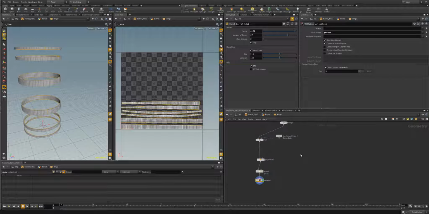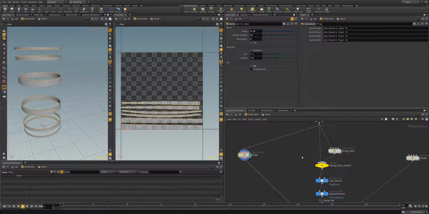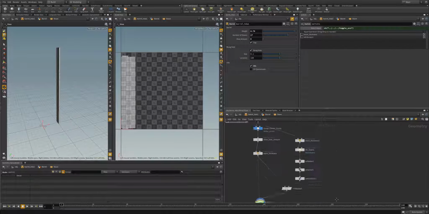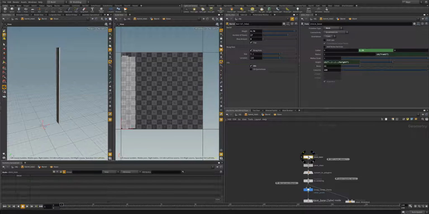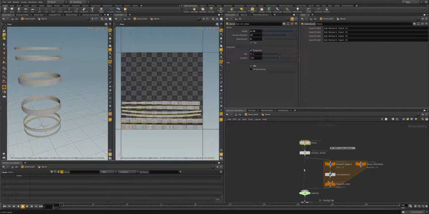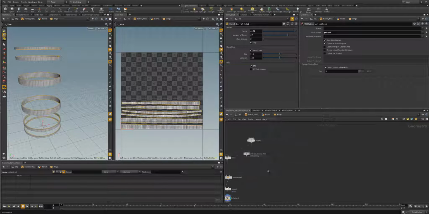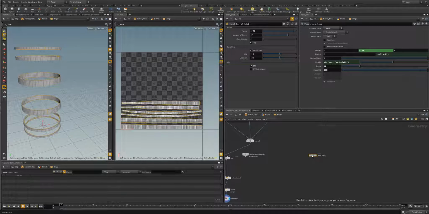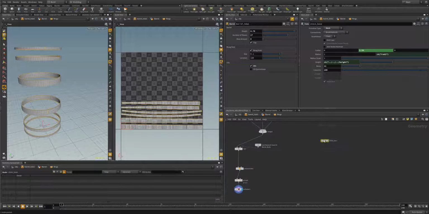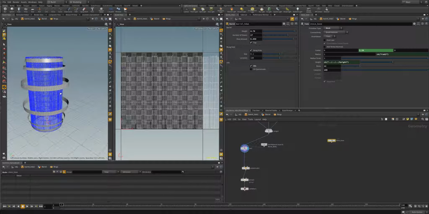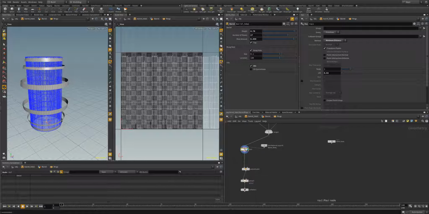So I'm actually going to hop up here a little bit, not too far. I'm going to go into my stave, and I'm just going to copy my original tube that I'm making my staves and thus my barrel shape with. I'll go back into our rings, and I'll paste that tube here. So we're going to cheat, and instead of raycasting our rings to our barrel that bows, similarly to what we did with our stave, I'm just going to copy this ray,